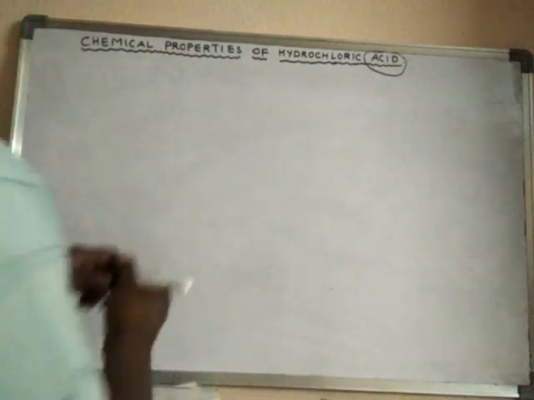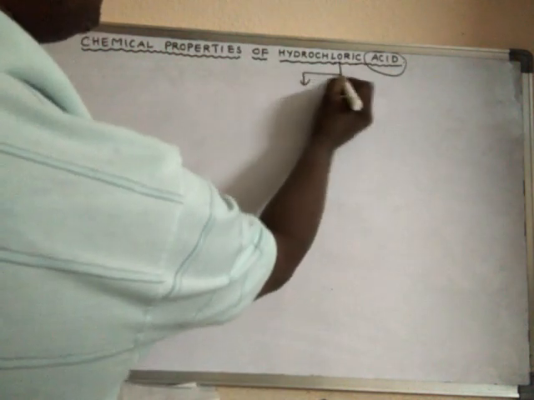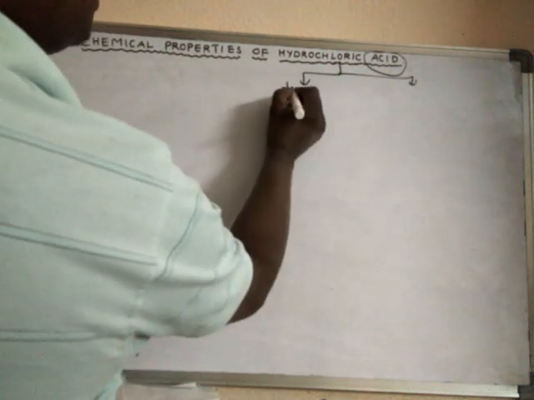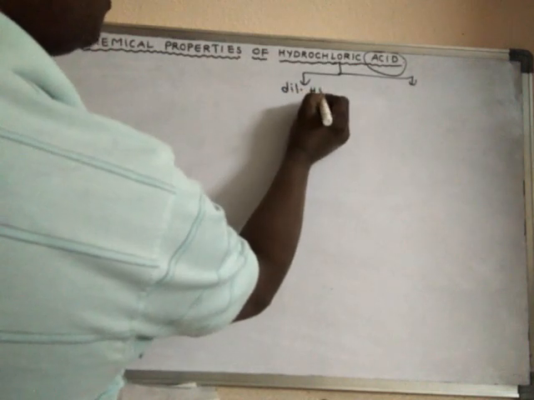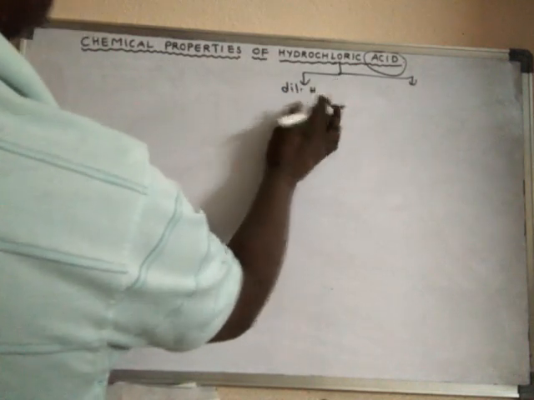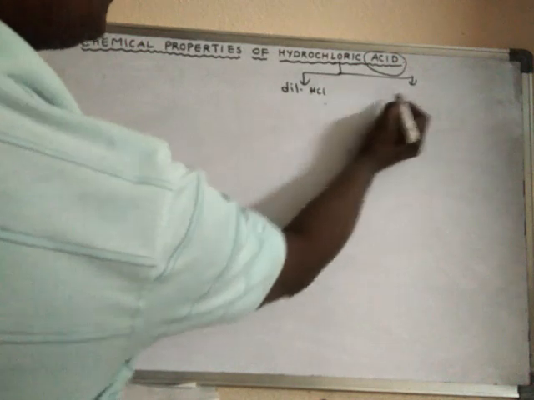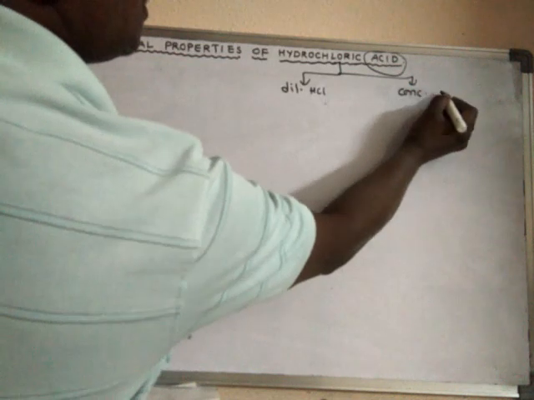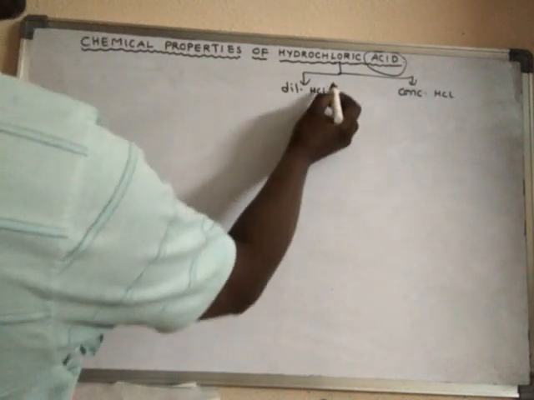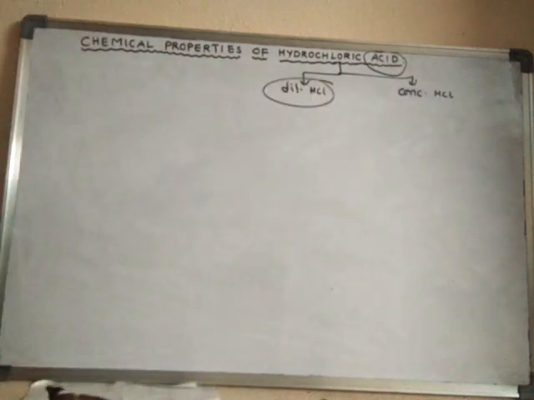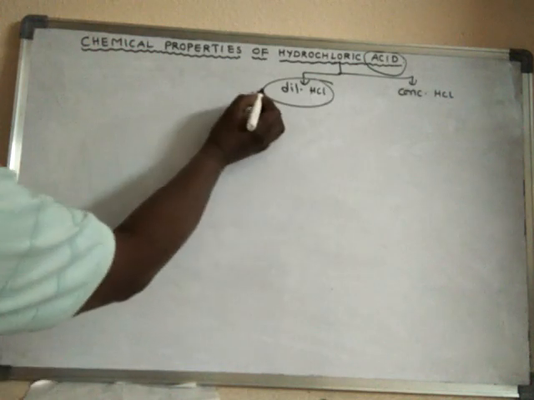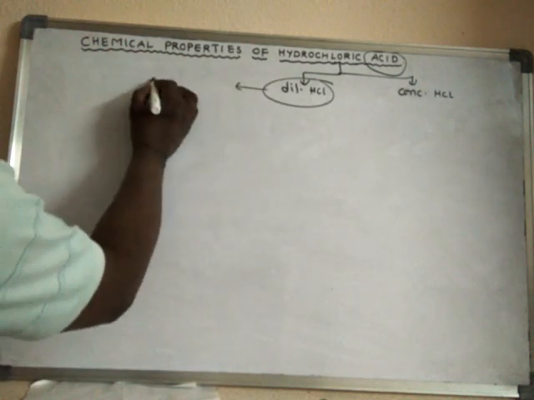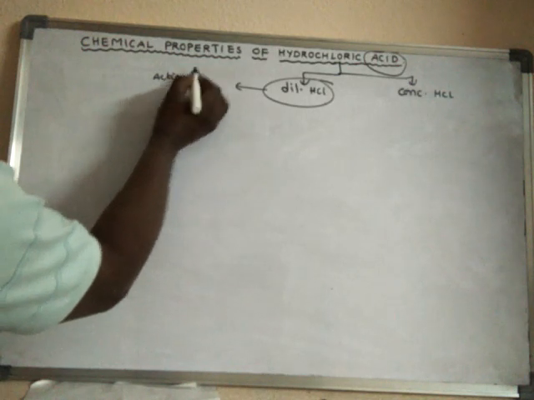So this hydrochloric acid we will study under two headings: chemical properties of dilute HCl and chemical properties of concentrated HCl. First of all we will study the chemical properties of dilute hydrochloric acid. Under this, we will study action with the